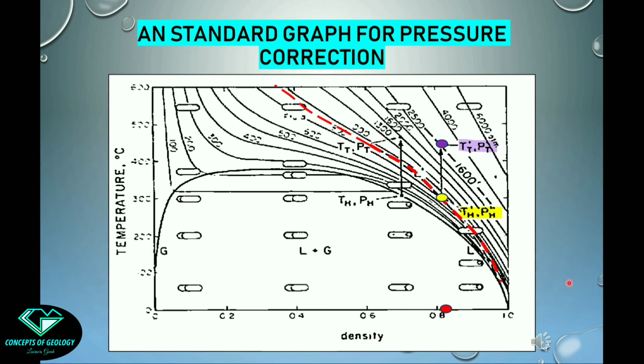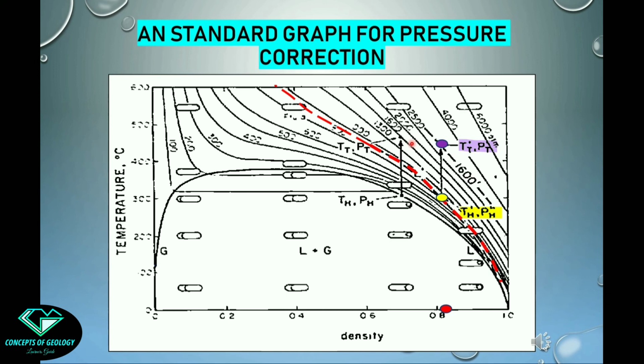But see, in this case the temperature of homogenization line is not remaining here, it is moving here, okay. This dotted red line is now the locus of the temperature of homogenization in normal pressure condition. We will need a lesser temperature to homogenize this salt solution system. Suppose this is the temperature of homogenization of the salt solution and we have the trapping pressure data from other independent geological source. This is 1600 atm and we are touching the 1600 atm line here, okay.